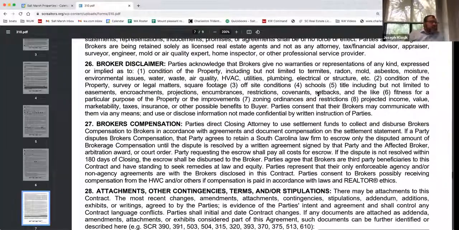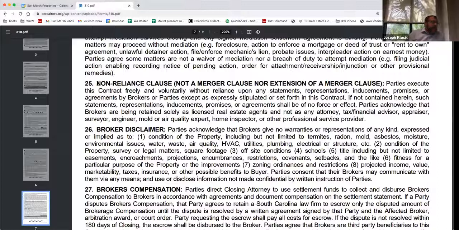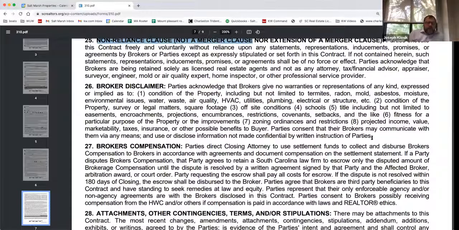Non-reliance clause basically says that everybody in this has freely entered into this contract. They've read it, they understand it, and if they had any questions outside the scope of real estate, i.e. law, taxes, finances, that they've consulted with outside parties regarding that. 26 kind of repeats this, which basically is saying that the brokers give no warranties as far as the condition of the property, the structure of the property, the property itself, schools, title, any of that. That's not based on the agent. They need to do